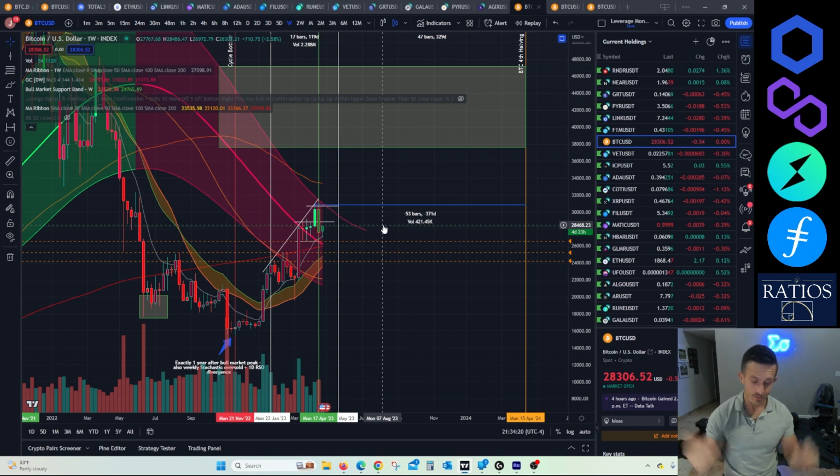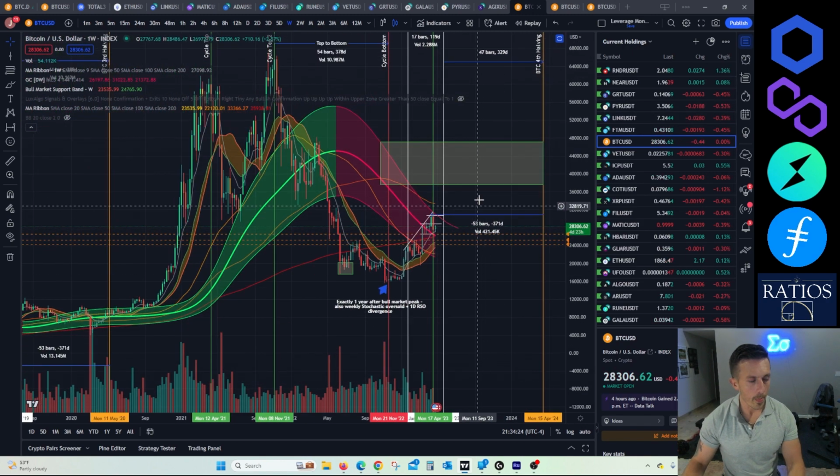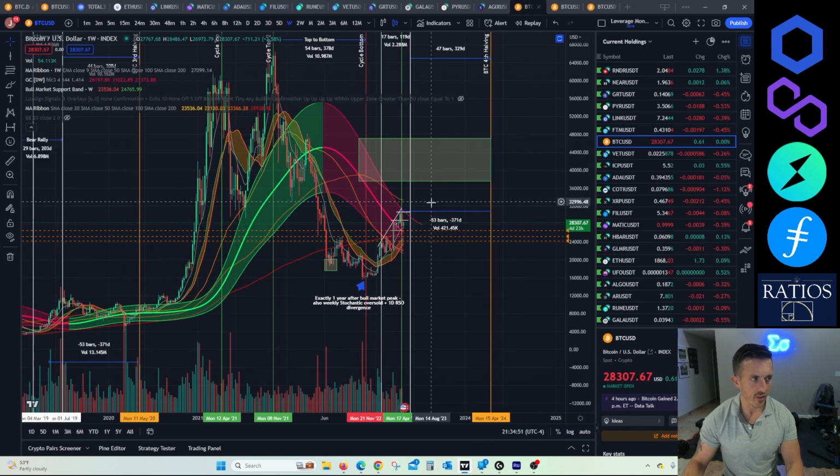So I don't know. Here's what I'm looking at though. Conservatively, for me, I think Bitcoin could hit 37K if it continues this trajectory. If it were to do what it did in 2015, it would come up to the top of this first candle after the first drop down, which sits at 47K. We also have a previous support here at 41.5K. So I've kind of drawn this box between 37 and 47K.